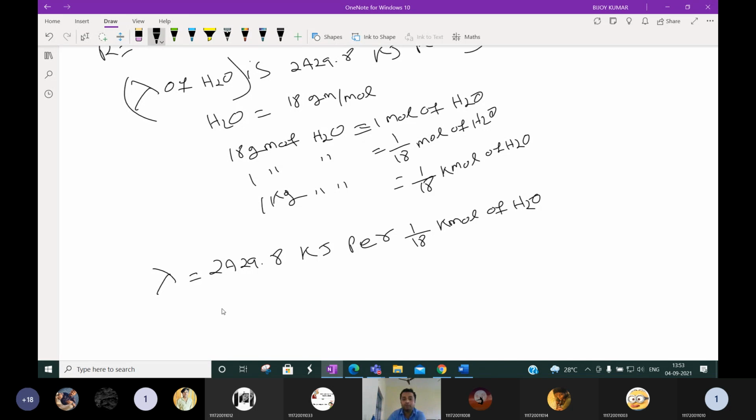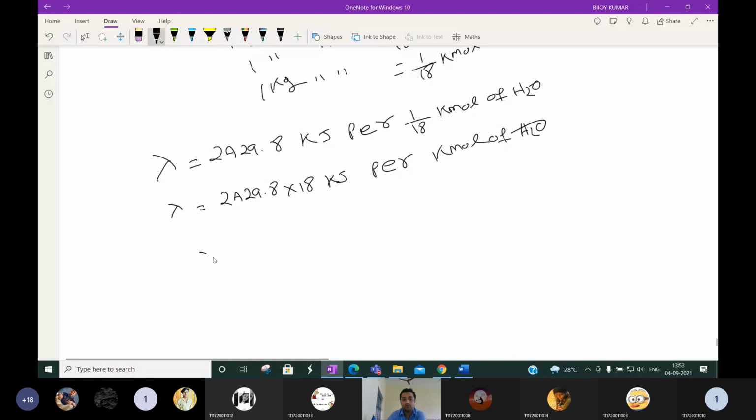Per kilomole, how much will it be? So it will be 2429.8 into 18 kilojoule per kilomole of H2O. Okay, so now we can write lambda is equal to 2429.8 into 18 kilojoule per kilomole. Or in simplified form,